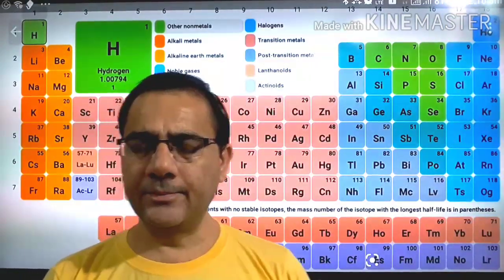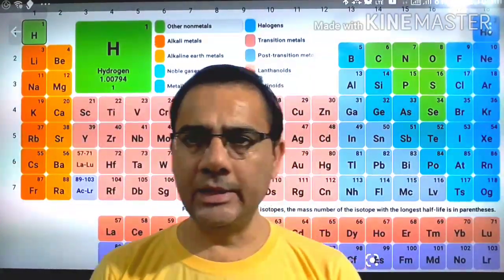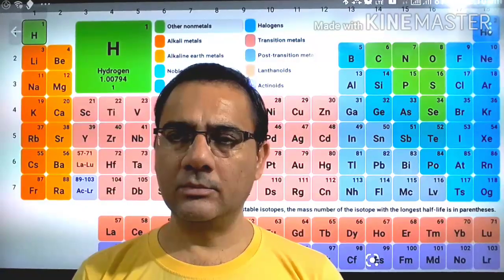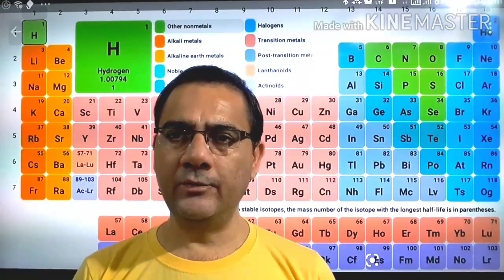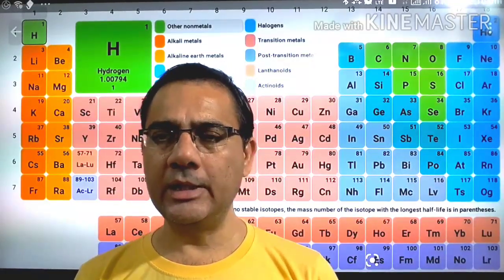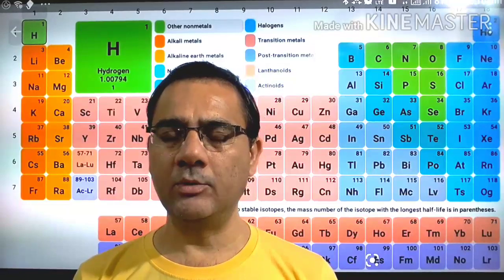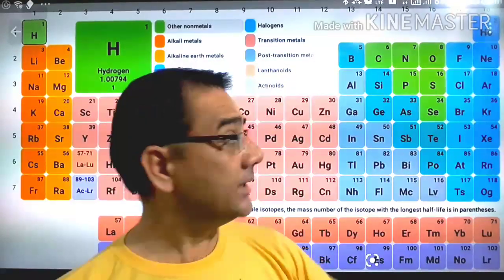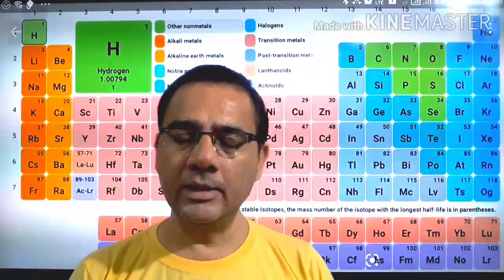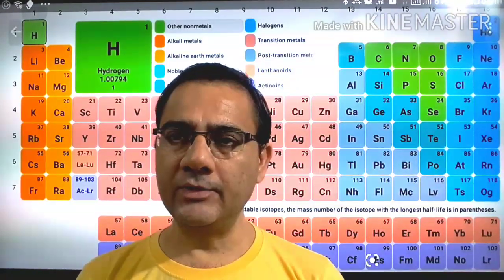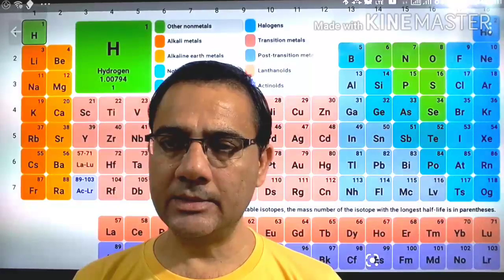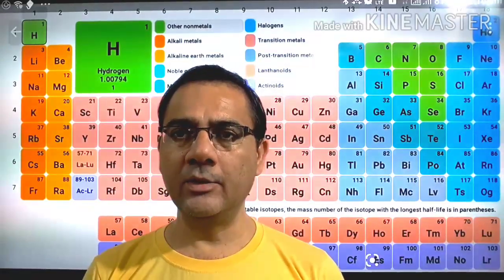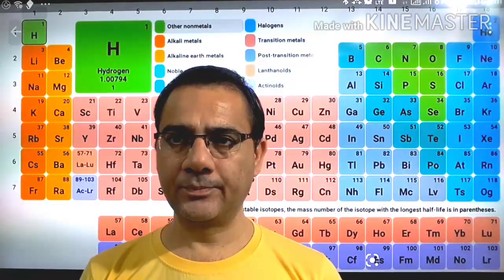Scientists suggested that any element which has 8 electrons in the outermost shell will not react with any other element and will not make any compound. This is the reason that these noble gases or inert gases do not react with any element, and that is why they are called inert gases or noble gases, and they are very, very stable.